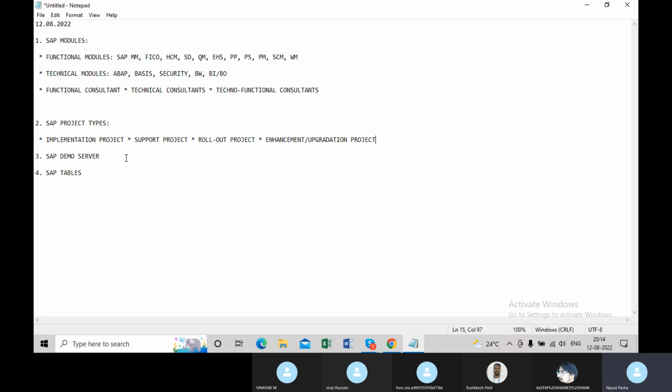And let me tell you, the biggest advantage of working in SAP is this: if you are working as a safety professional, that is only in one industry. If you are in construction, you will know only about constructional safety. If you are working in oil and gas, you will only learn about oil and gas. But here, if you are working as an EHS consultant in SAP, you will get an opportunity to learn about the safety concepts in every field. Because